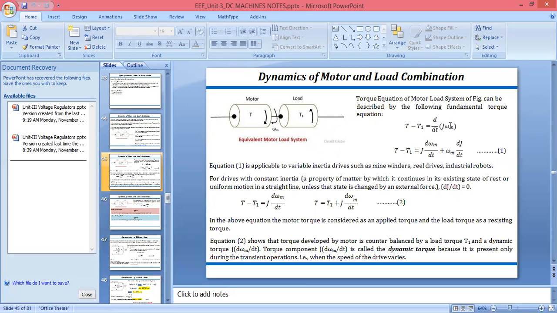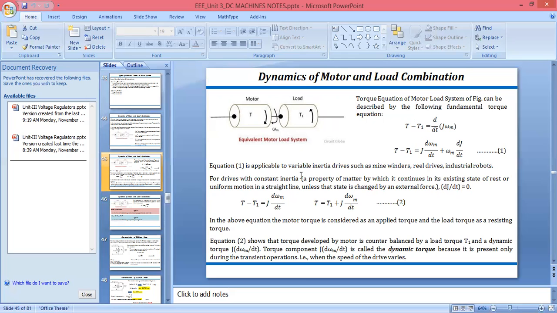Then we know wm is nothing but, if you are calculating two terms which are in multiplication and we are taking the derivative, we can take the first term as it is and the derivative of the second term. Then take the second term as it is, and the derivative of the first term. So I am taking J as a constant, we can take it outside, and take the derivative of wm upon dt. Again we are considering angular velocity as a constant term, then we are taking dJ upon dt, the derivative of the first term. Derivative d by dt of uv equal to u dv by dt plus v du by dt. According to this rule, you can calculate the derivative mathematically and you will get this equation.